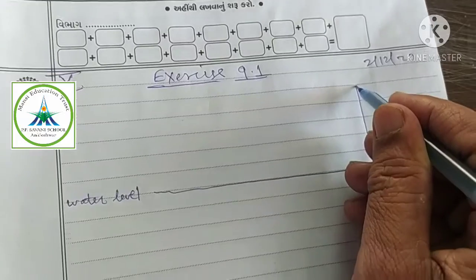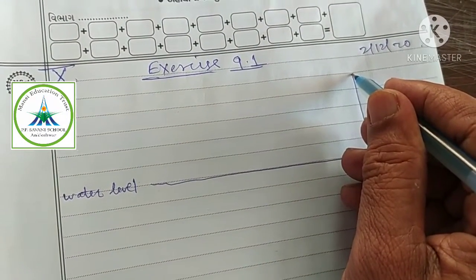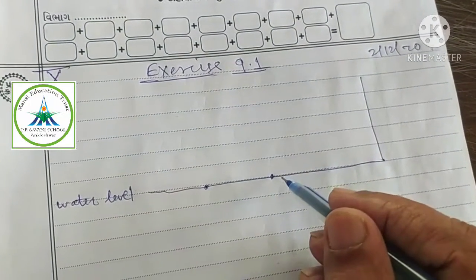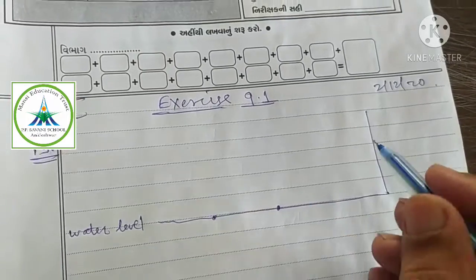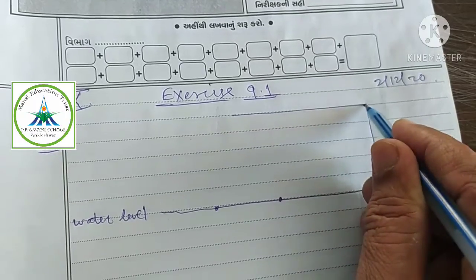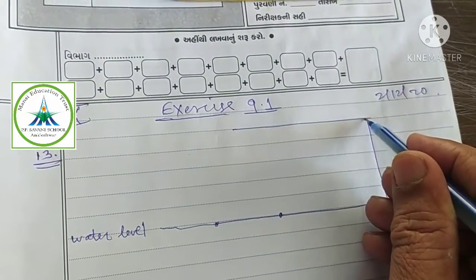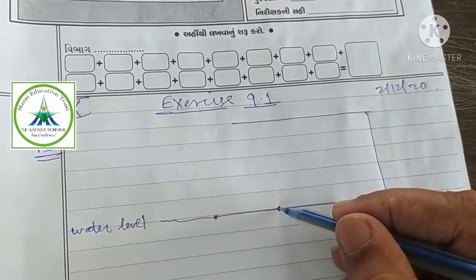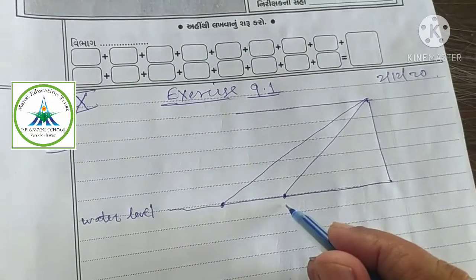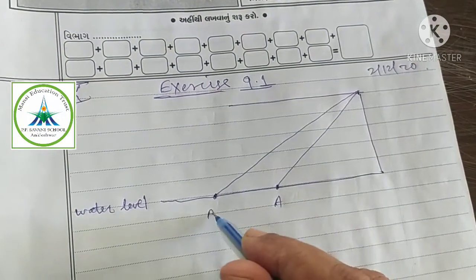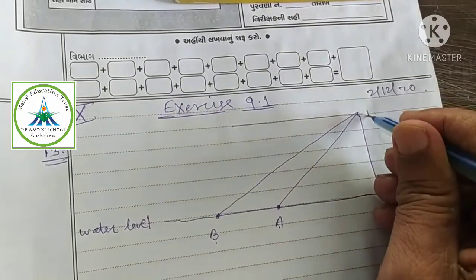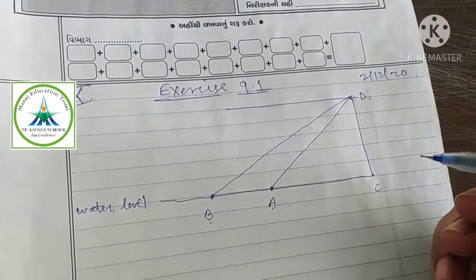From the top, the angles of depression of two ships are, one ship is here and one ship is apart, because the angles are different, 30 degree and 45 degree. Okay, now see, from this top first we have to draw the baseline. We know angle of depression means angle below baseline. So I am just joining ship 1 to the top and ship 2 to the top. Clear? Let us take this A and B, ship 1, ship 2, and this is say C and D is the top of the lighthouse. Clear?